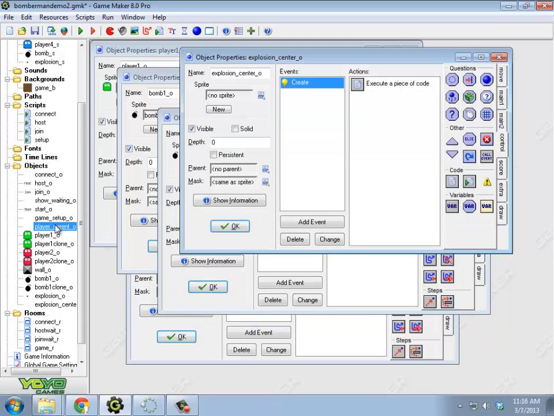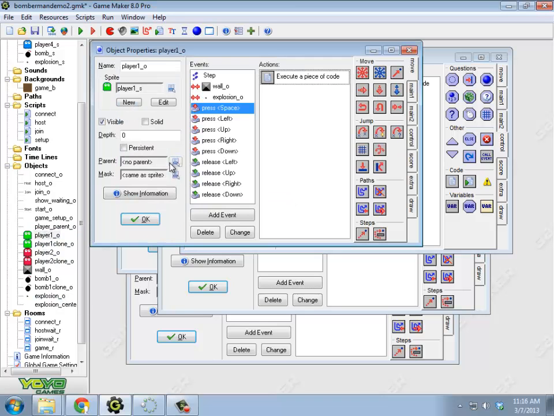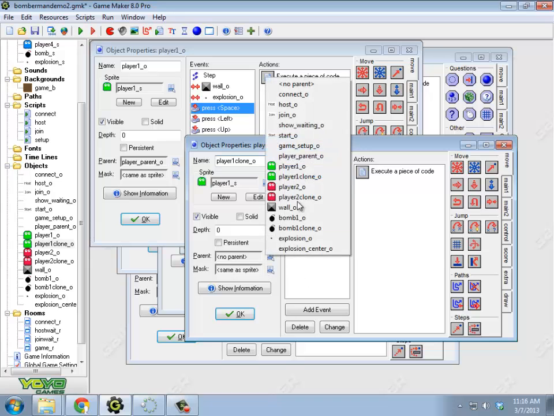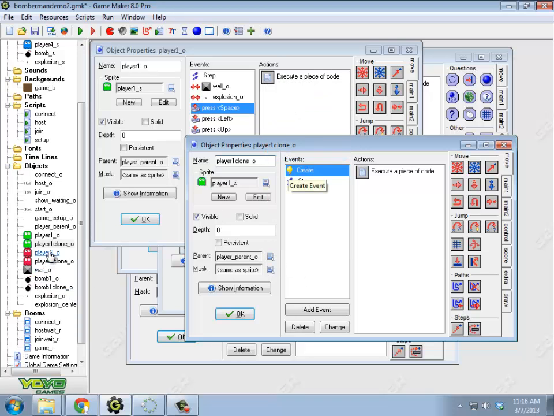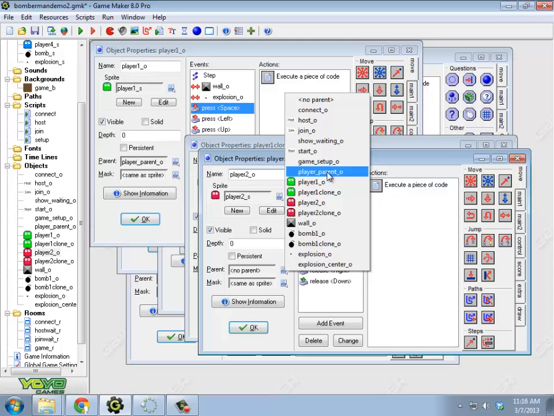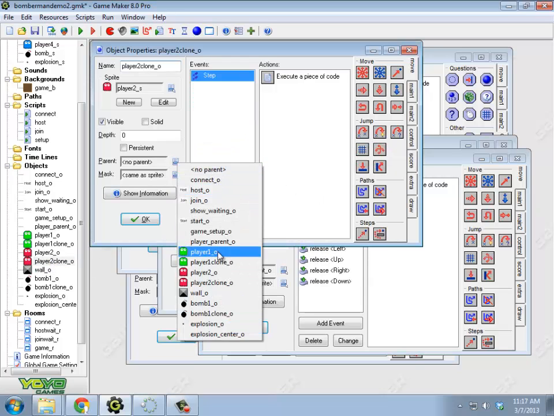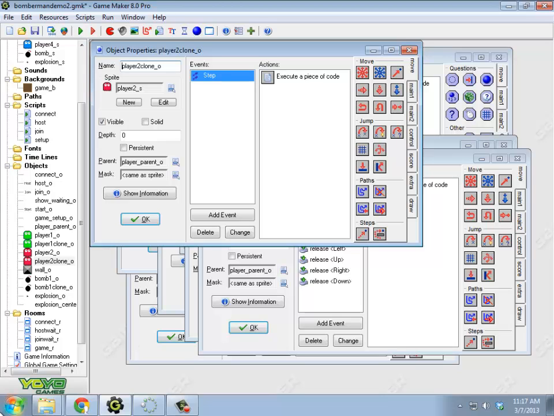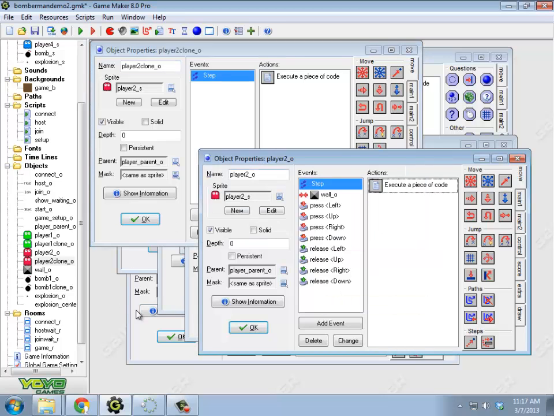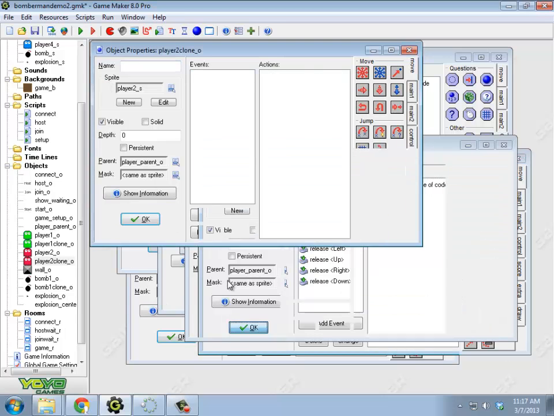The player parent object does nothing. However, all the players are children of that, including the clones, by the way. And the reason I'm doing this is simply so that when I check for collisions, all I have to do is check player parent and see if he's there, and that'll check all of the children as well. Maybe I want to put code in there eventually, maybe not. So by setting all of the players to have their parent be player parent,